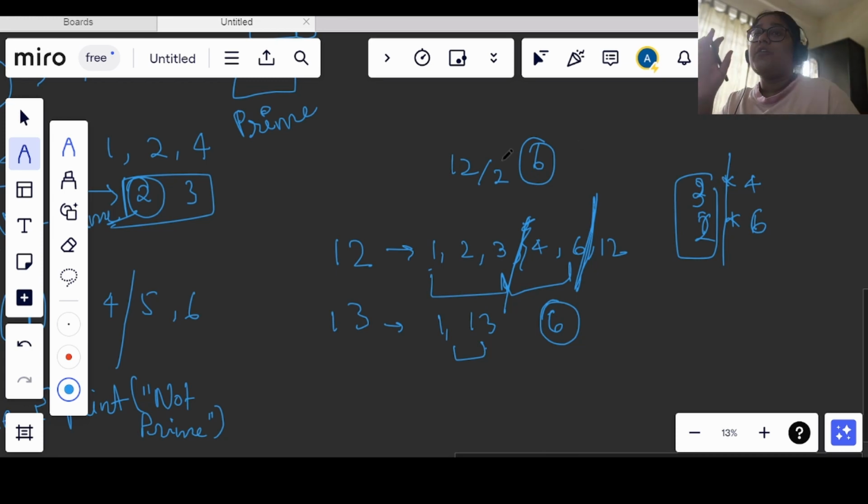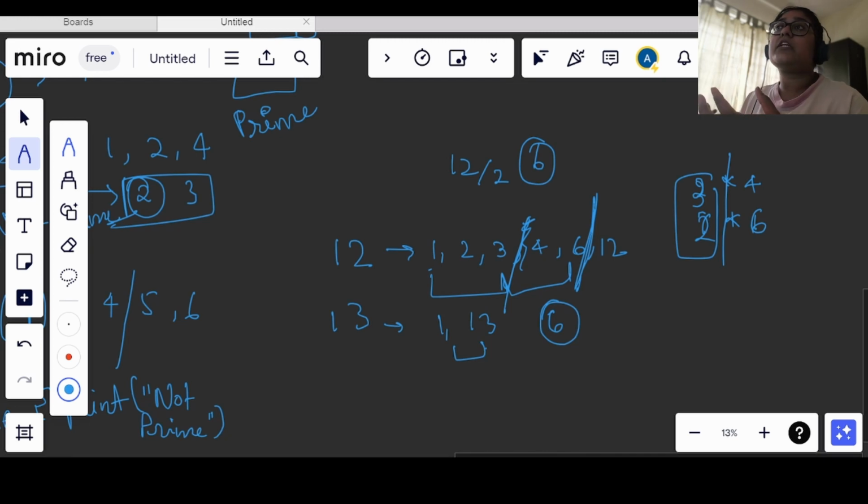So we can reduce the iterations, let's say from iterating n number of times to n by 2 times. So what will happen, we will be iterating fewer times and our program will run fast, or the code will become efficient. So this is basic optimization of a code. How do we optimize the code? We reduce the number of iterations and our program works the same and gives the output in the same way as we are getting in the brute force approach or the basic approach.